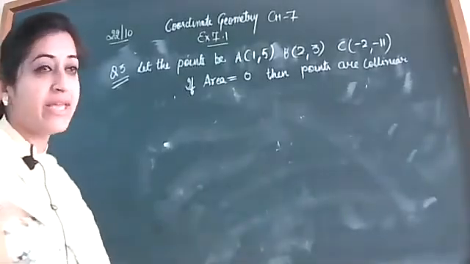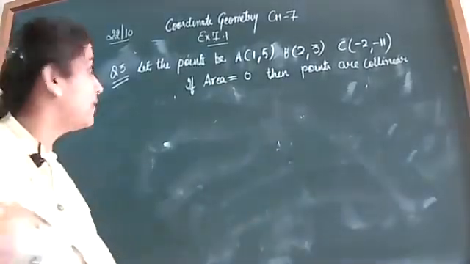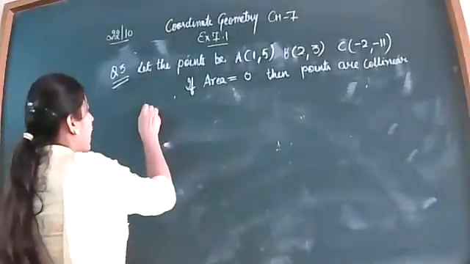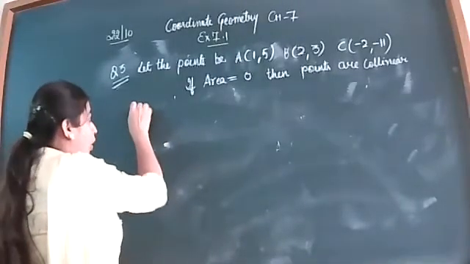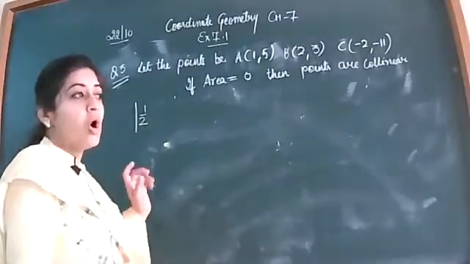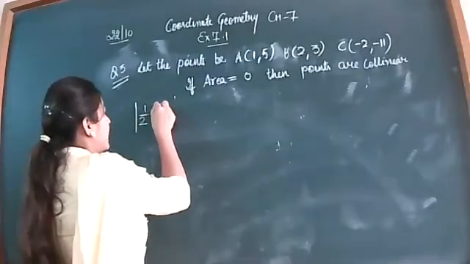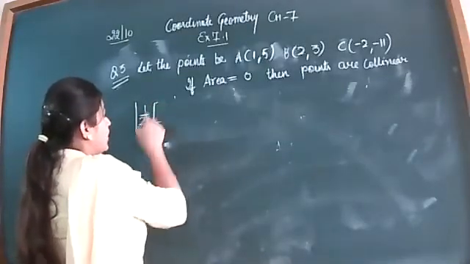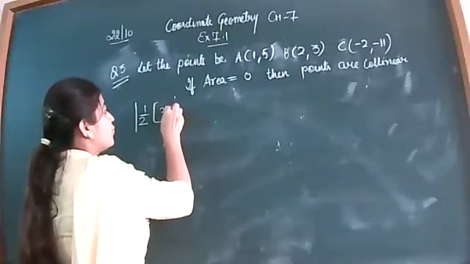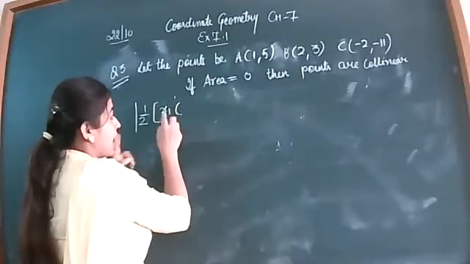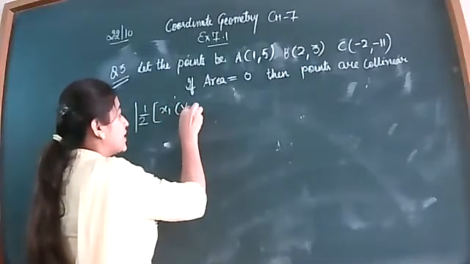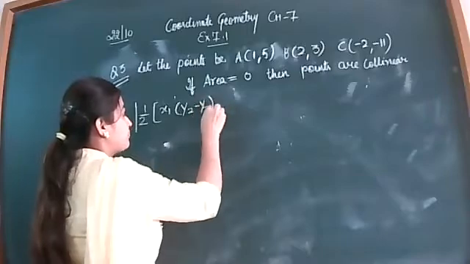So for finding the area, we have one formula that I'm writing here, half. You will put mod here. Mod will always give you a positive answer. That's why I've put mod here. And in between the mod, half is there, and with this you will write x1. x1, after the x1 you have the turn of y2 minus y3.